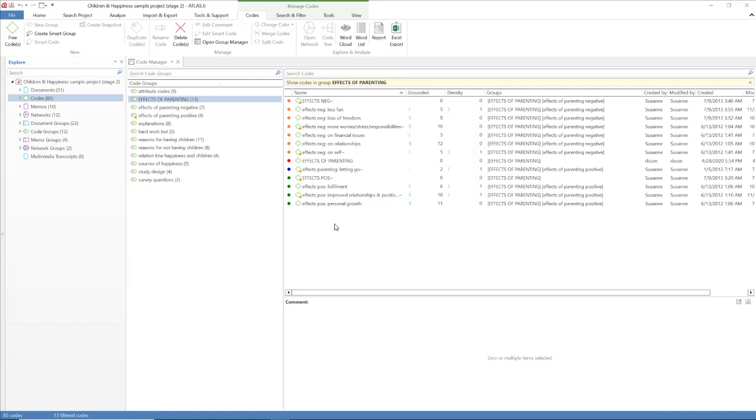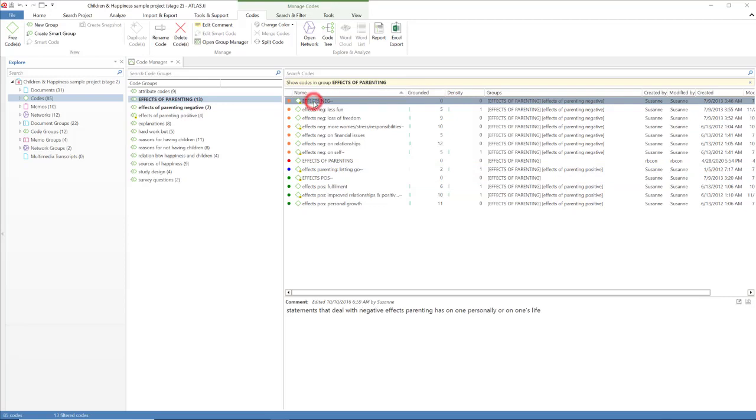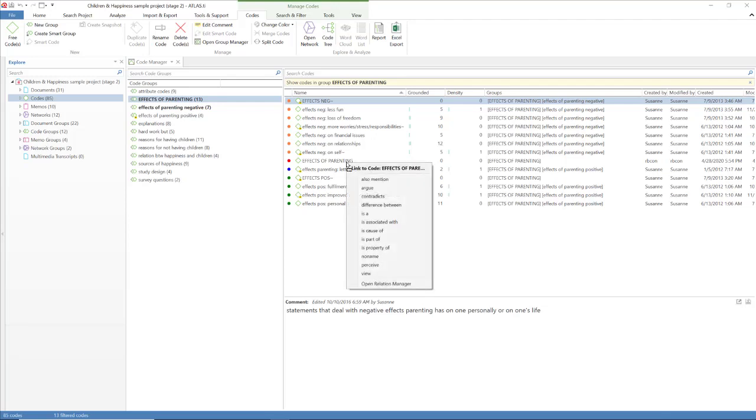So I start thinking about that and I say, well, it seems to me that clearly we have two categories of effects of parenting. One is negative effects and the other one is positive effects. So I will proceed to drag and drop the code effects negative on top of the code effects of parenting and say, it seems to me that these study participants